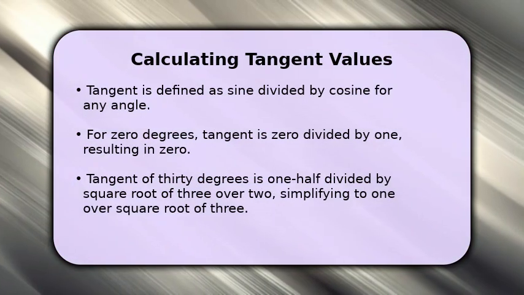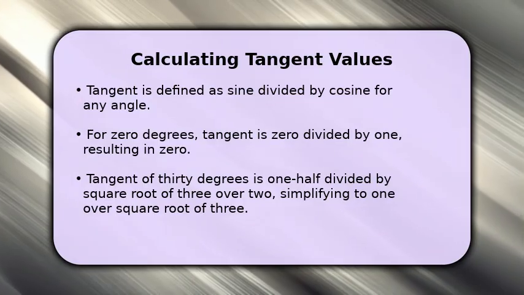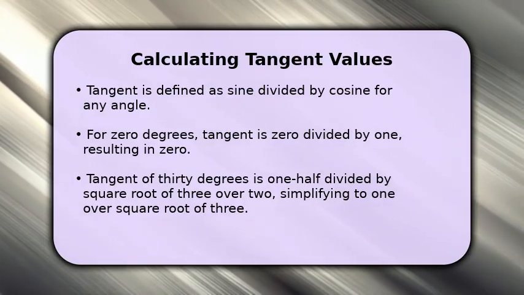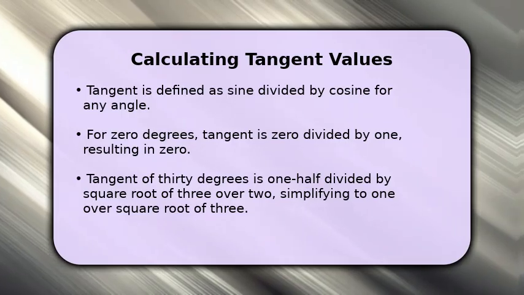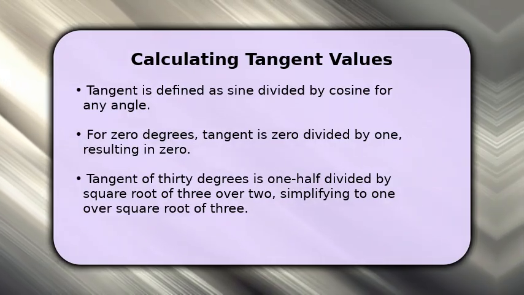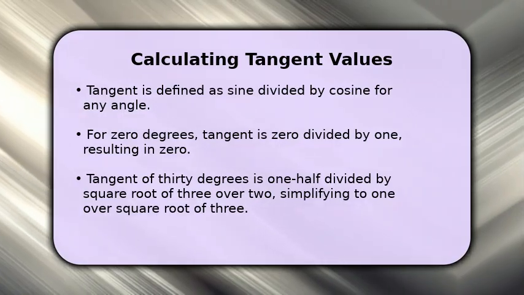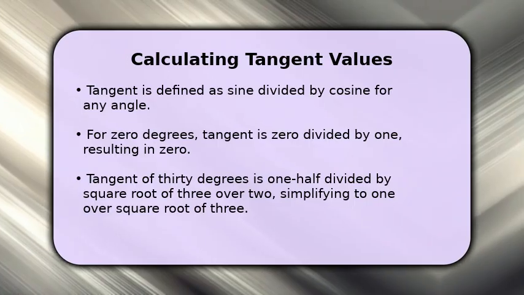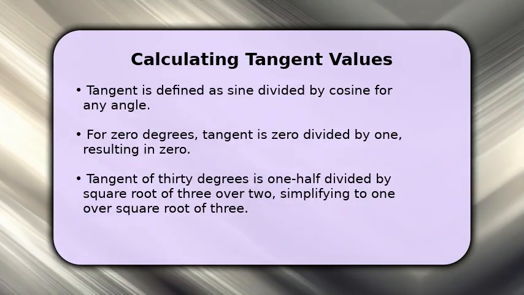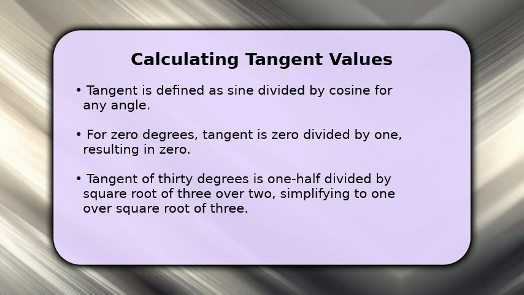Finally, let's calculate tangent values. Remember, tangent of an angle is simply its sine value divided by its cosine value. For example, tangent of 0 degrees is 0 divided by 1, which equals 0. Tangent of 30 degrees is 1/2 divided by the square root of 3/2, simplifying to 1 over the square root